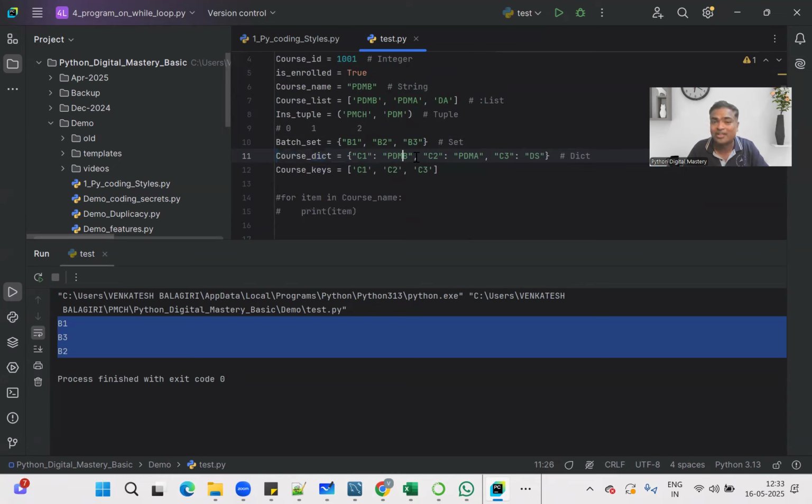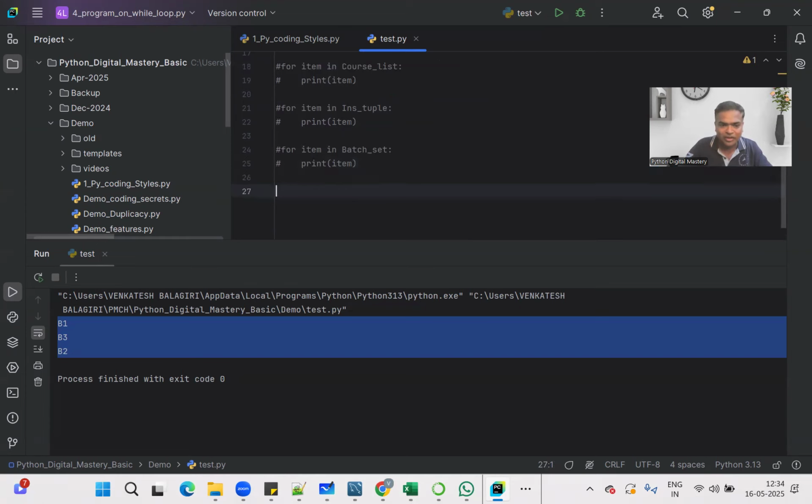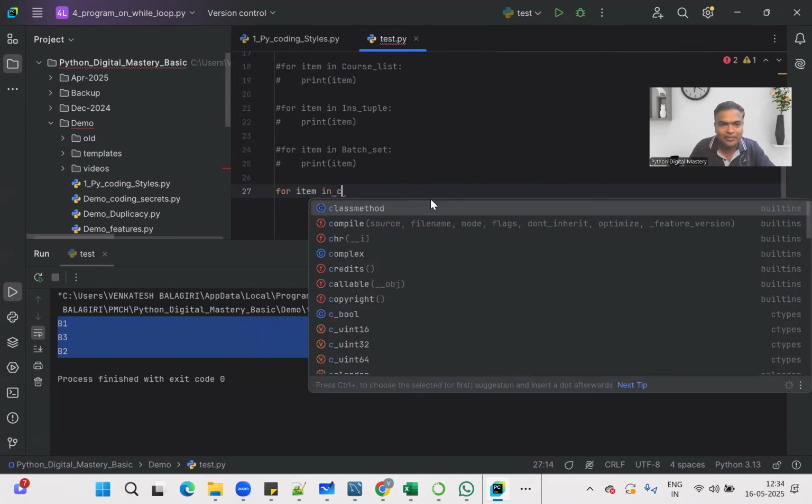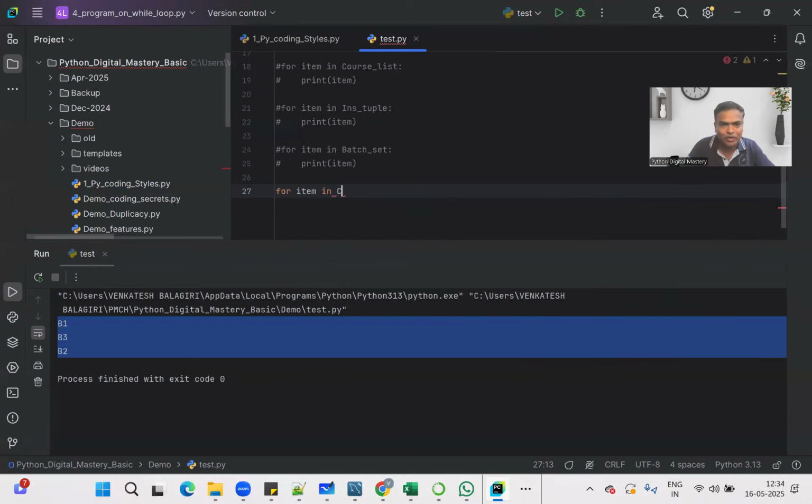Course key followed by the value. So each and every key represents a value as well. Now I'm trying to read this by using a for loop, whether it is going to read or not. We'll see. So I'm going to say for item in course dictionary, friends. I'm going to read my input variable as a dictionary, and I'm going to run this program,